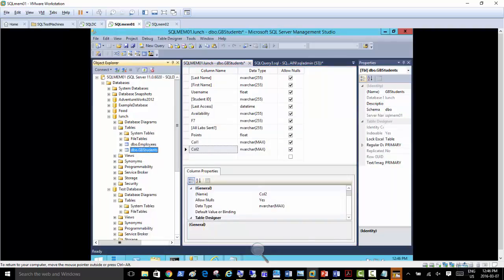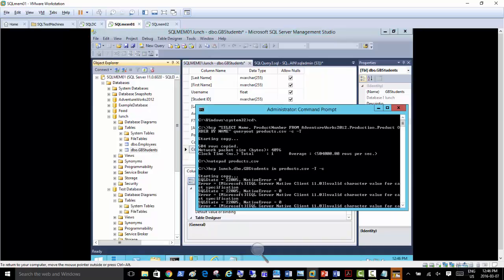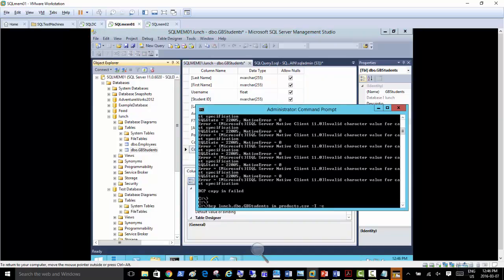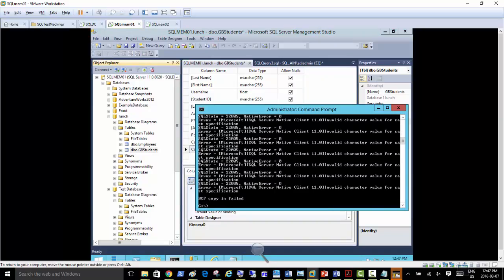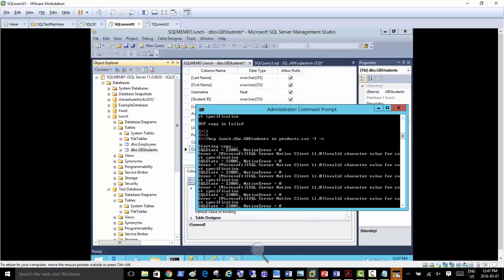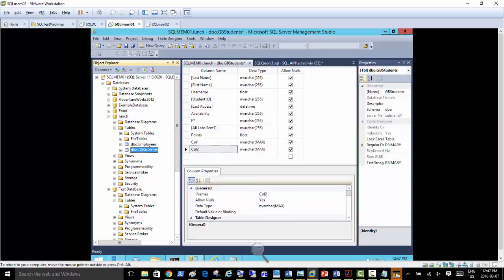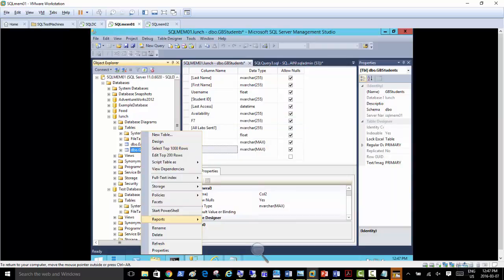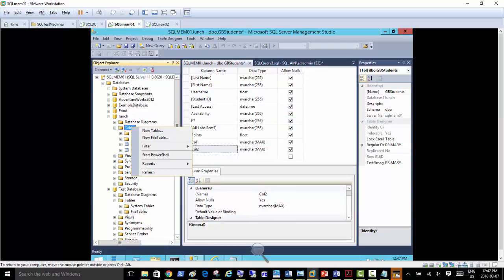Refresh, enter. Still a problem, so I still need to check. The export was successful, but the import is having a little problem. So I need to troubleshoot some of these scripts now. Not going good. But if I go for the import of the table, I think it's going to work that way.